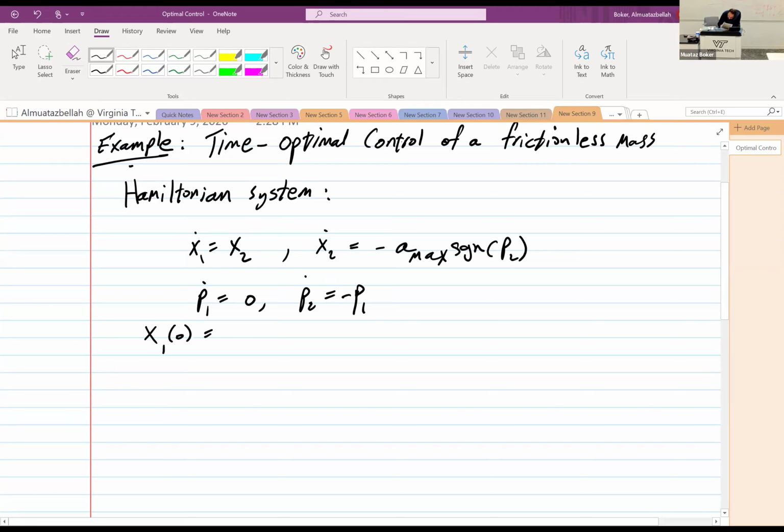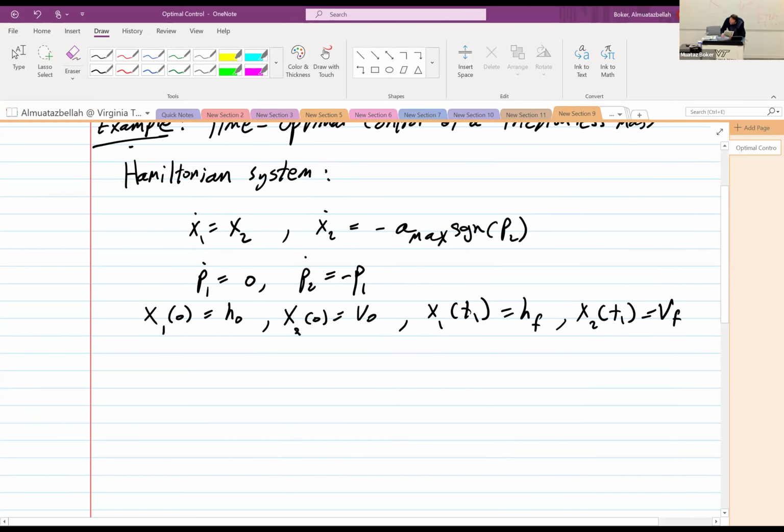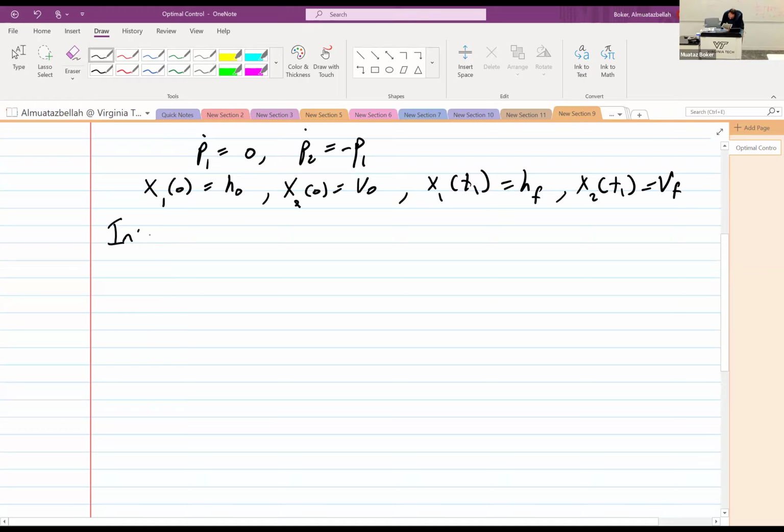X1 at 0 is equal to H naught. X2 at 0 is equal to V naught. So all these are given. And X1 at T1 is equal to H final. And X2 at T1 is equal to V final. Okay? So now integrating the P equations leads to